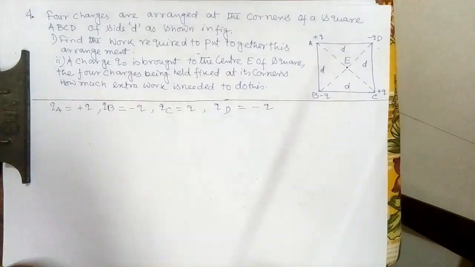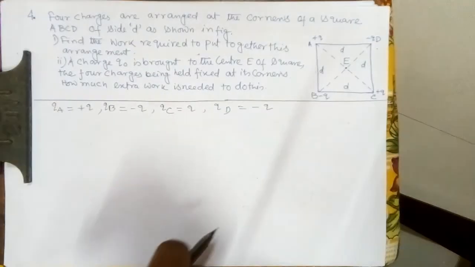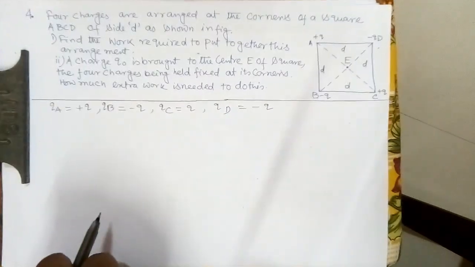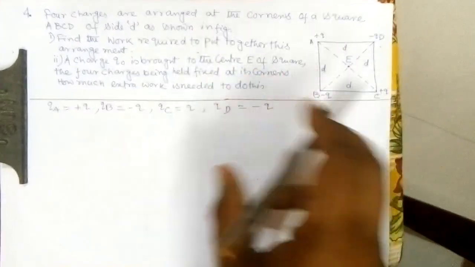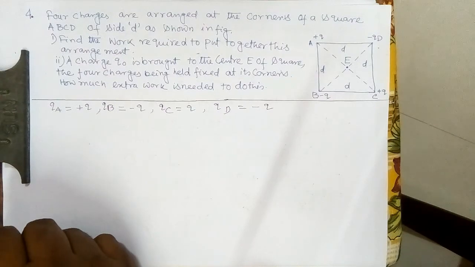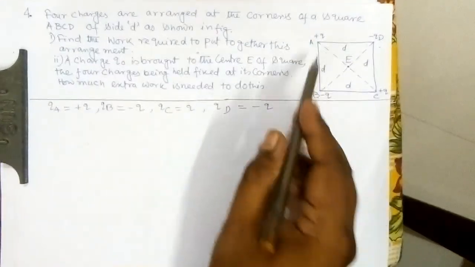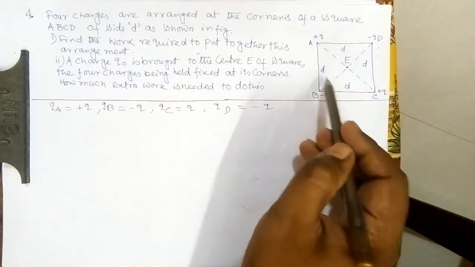Okay, a simple thing to remember: we have done one part there. We have discussed how much energy is needed to make a system of two charges, and how much energy is needed to make a system of three charges. So here the system of four charges is there, so let's find it out. First our target is to find the total electrostatic potential energy for four charges. If I'm talking about the distances, those also we have to make ready. In general the distance is D.